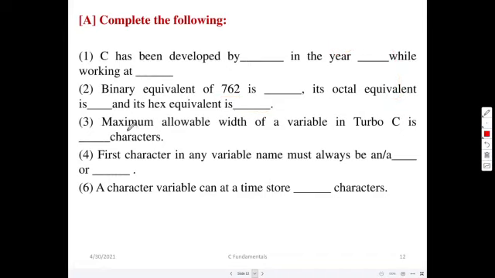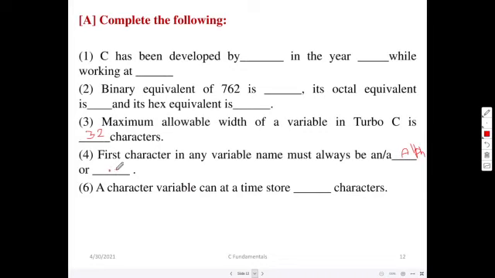Then the third question, maximum allowable width of a variable in Turbo C is, we have already seen, 32 characters. Okay, the first character in any variable name must be a dash or a dash. Do you remember this? Very first character should be an alphabet or an underscore is allowed.